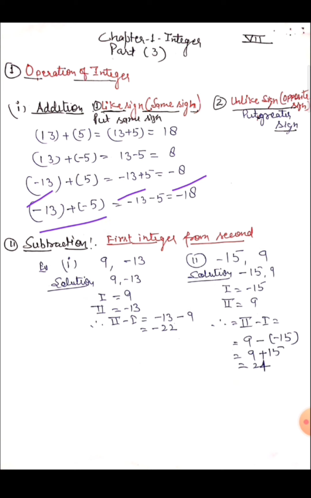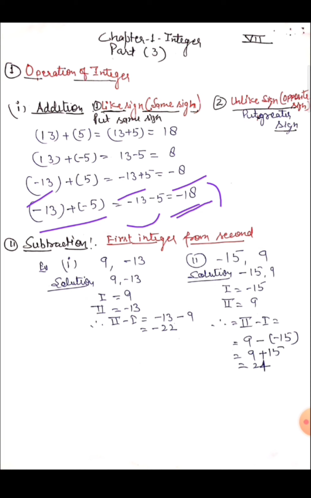Now the last case. In the last case, the numbers have negative signs. Both are in the same sign because both are negative. We know that same sign means addition, so we add the numbers, and we get 18. And we know we put the same sign in the answer. What is the sign here? Minus, both with the minus sign, so we use minus in the answer, and the answer will be minus 18.